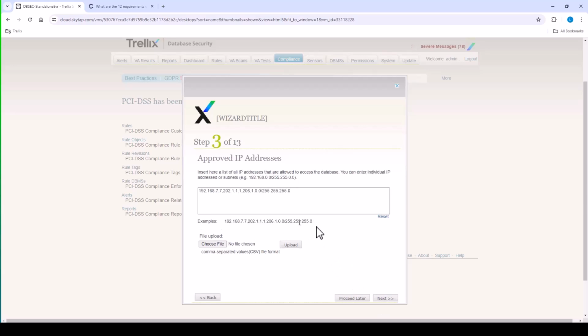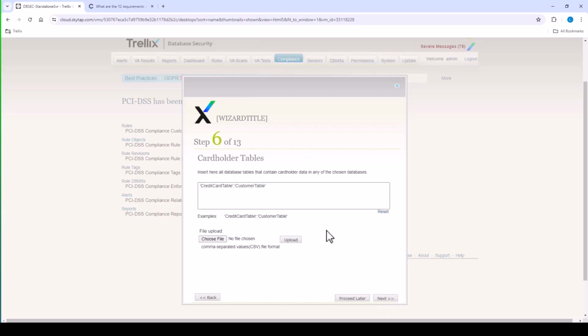We'll go through maybe IP ranges that are allowed to access credit card information in the database, to specific applications, even applications that are allowed to access encryption keys if the database is encrypted, as well as the exact tables where the credit card information might reside,